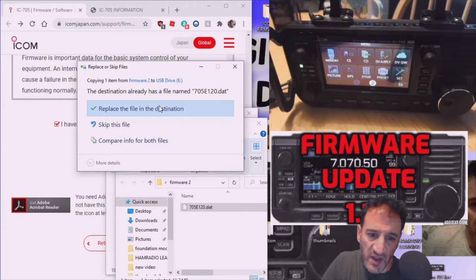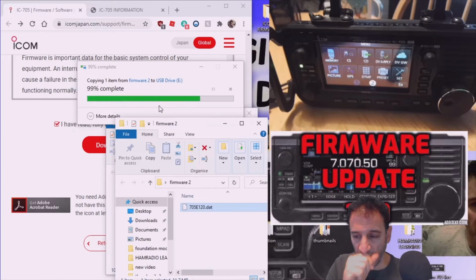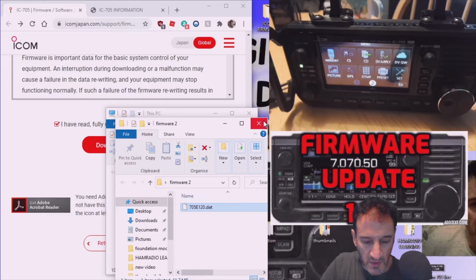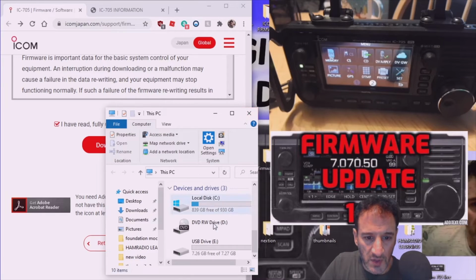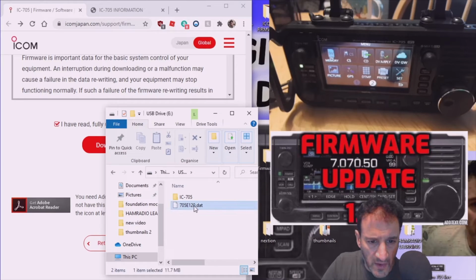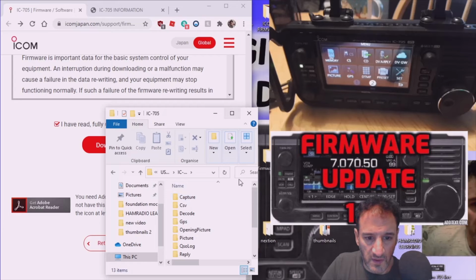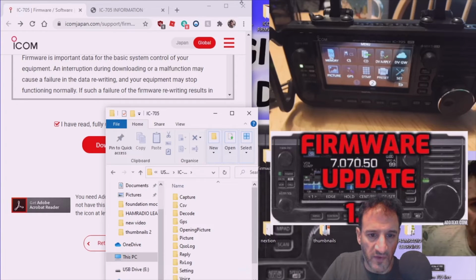It's saying it's already in there, so I'll just say yeah, replace it. So before you put it in the radio, double click it, and what I do is, see the way it's separate, you want it to go into the IC705, so just click it and drag it up and it will vanish, and then double click the IC705 and you have all the files show there,